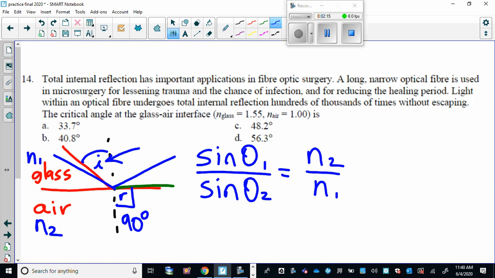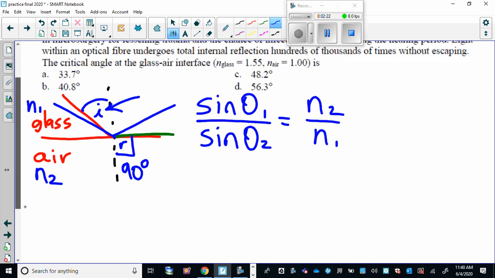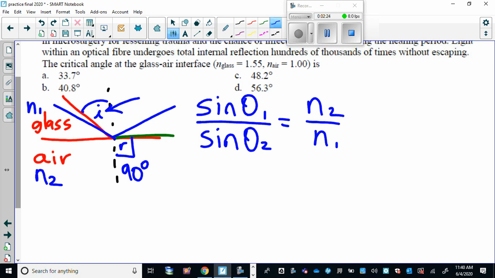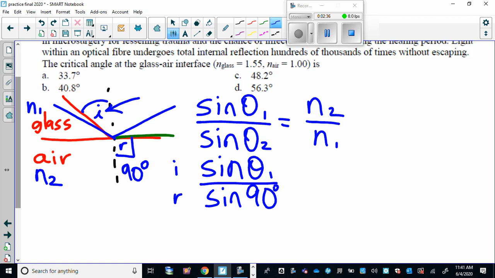And then it's just a matter of plugging the right numbers into the right place. And even if you make a mistake, you'll know it because you'll get an error on your calculator. So we're solving for sine theta 1, the angle of incidence. Sine theta 2 is the angle of refraction, the sine of 90 degrees, which you should know from math is 1